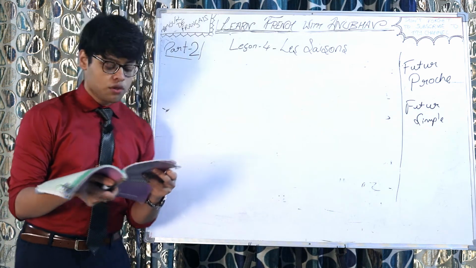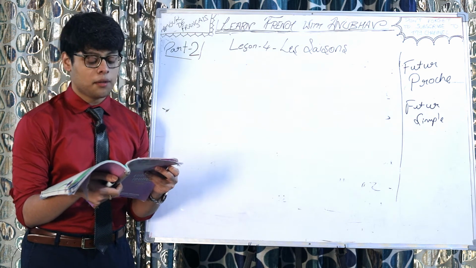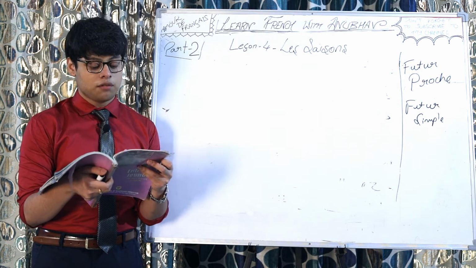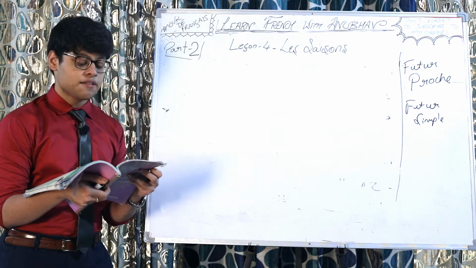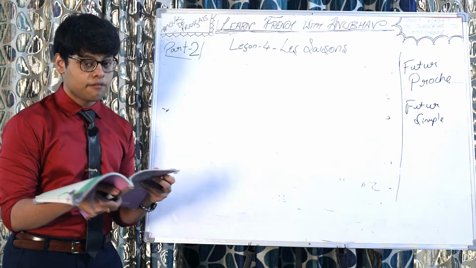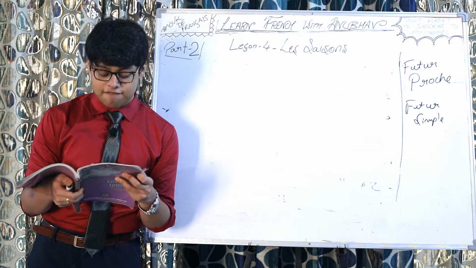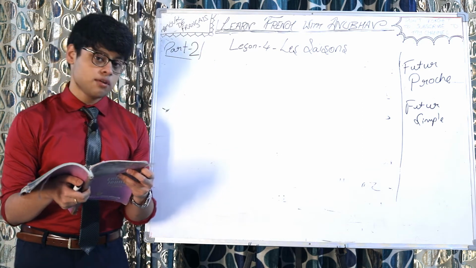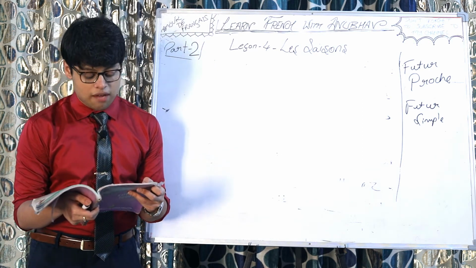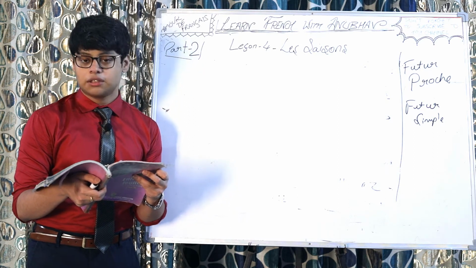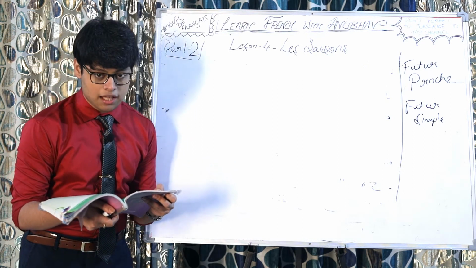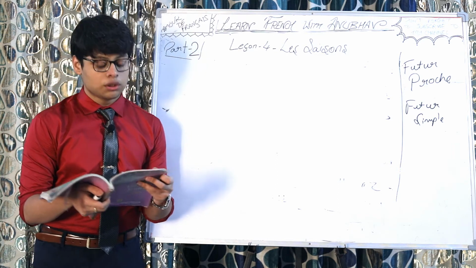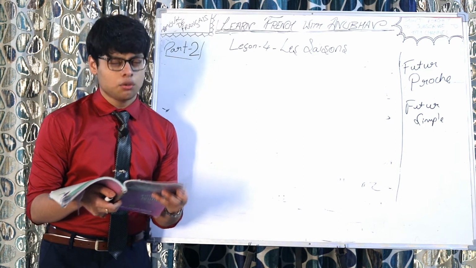Aide Madame Toutevu à faire des prédictions en employant les verbes ci-dessous. Okay, help Madame Toutevu to do predictions, future predictions using the verbs given below. So we are given verbs like faire, which means to do, rencontrer, which means to meet, aller means to go, être means to be, voyager means to travel, to voyage, avoir means to have, gagner, which means to gain, to earn, and travailler means to work. So using these 8 verbs, you have to write some predictions.